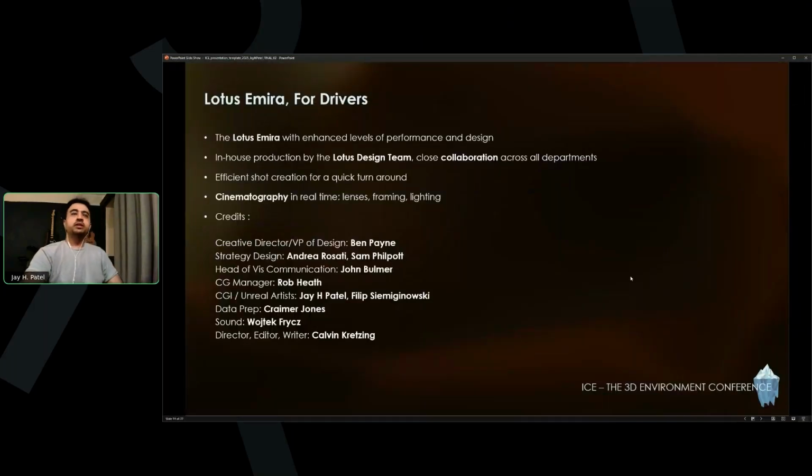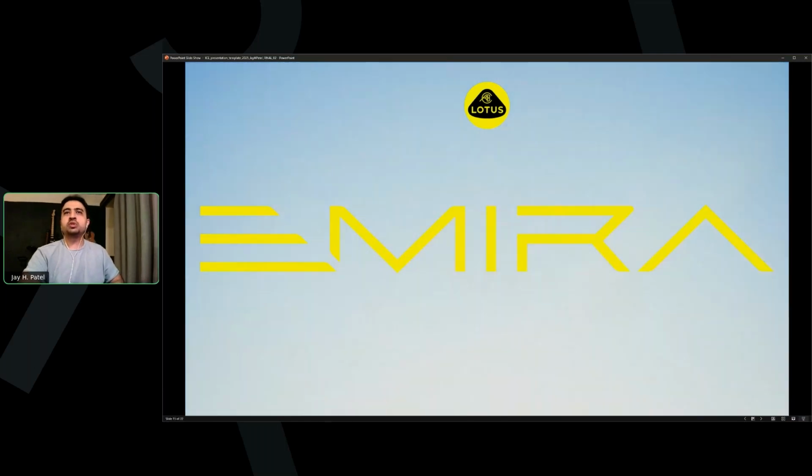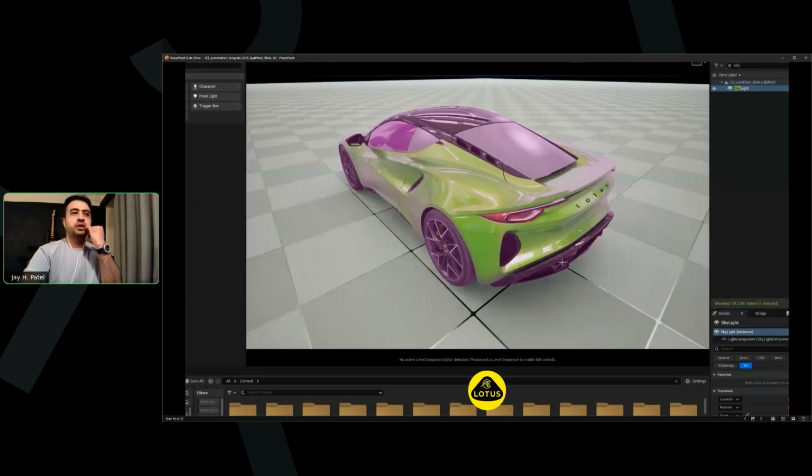I'll go back to the previous slide, and yeah, so this is, again, everything's done in-house across different departments, and the feedback process is usually very streamlined in terms of what needs to be done. So we normally don't have any last minute surprises, since it's all handled by our team.